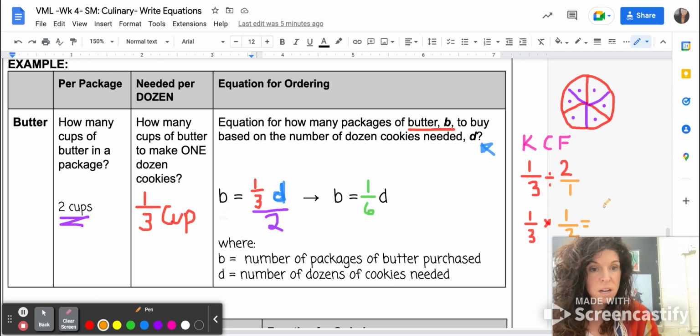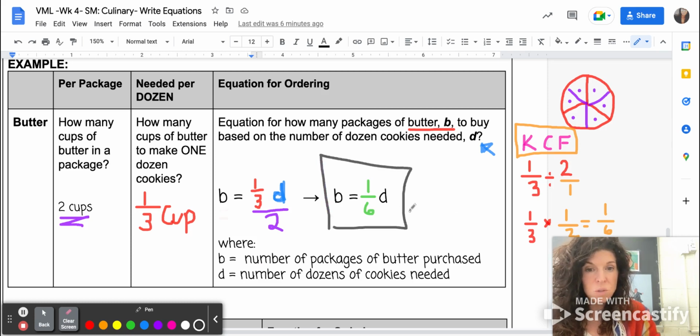And watch what's going to happen. We're going to multiply the tops by the tops, 1 times 1, and the bottom times the bottom, 3 times 2, 6. Look, we ended up with the same thing. So when we're dividing fractions, we're going to keep, change, flip. Okay? So that's how we're going to divide the fractions. And at the end of the day, our equation over here is super helpful, because we're going to find out each week how many packages of dozen cookies we need each week. We've got 50 orders. We need 1/6 times that when